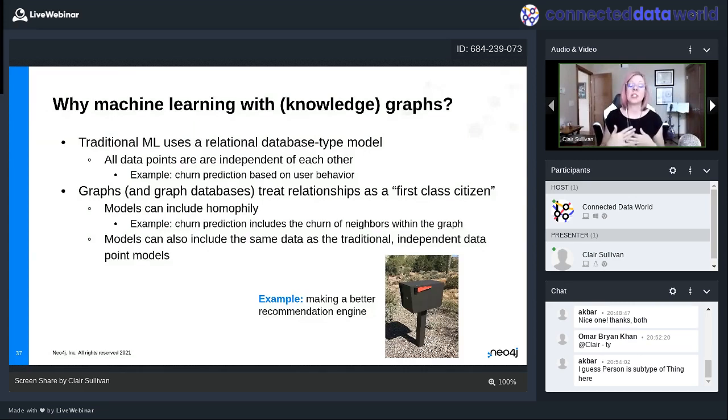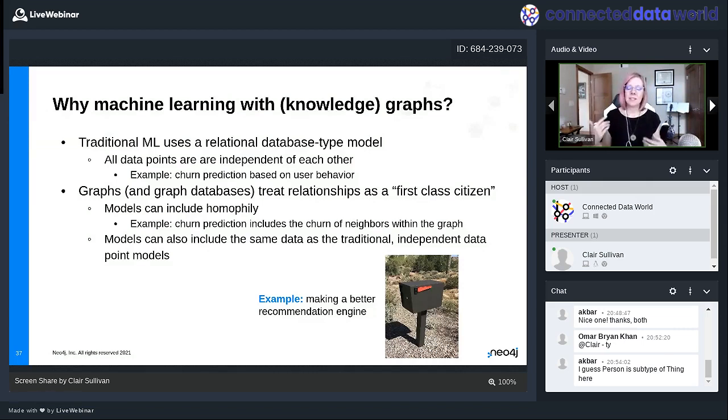It's one of the tenets of machine learning, the independence of our data points. Okay, however, it turns out that's not always the best way to look at it. Graphs and graph databases, doesn't matter which one you use, they treat the relationships as the first-class citizen, not the nodes, not my individual rows.